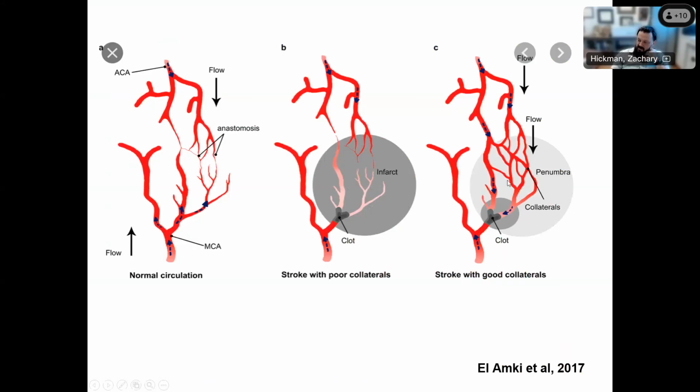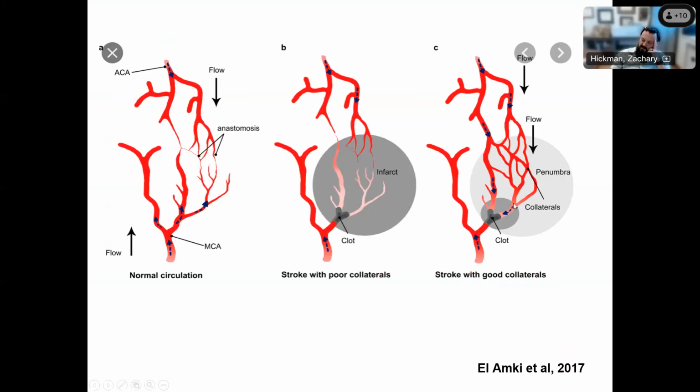Conversely, somebody with good collaterals, and oftentimes, paradoxically, patients with good collaterals are patients that have had more long-standing ischemic issues, where they've developed collaterals over time, although they could also have more atherosclerotic disease, so those collaterals may still be prone to clotting off themselves. But what can happen is you get a situation where you would have the same clot, say in the MCA, but because they have better collateral flow,